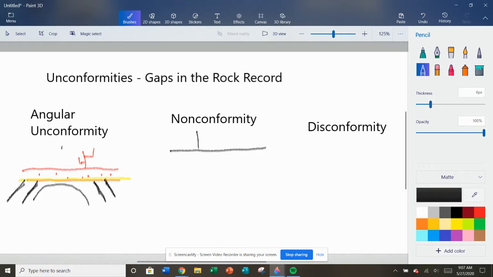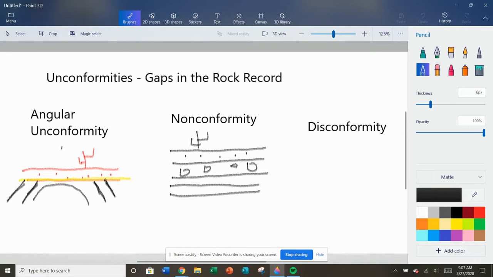Someday I'm going to learn how to draw a real tree. So we have all these layers of rock. Maybe you have a sandstone, maybe you have a conglomerate, maybe we have a limestone underneath,